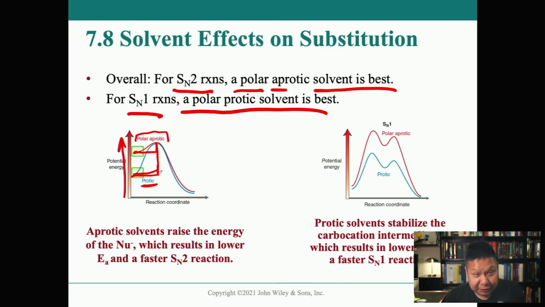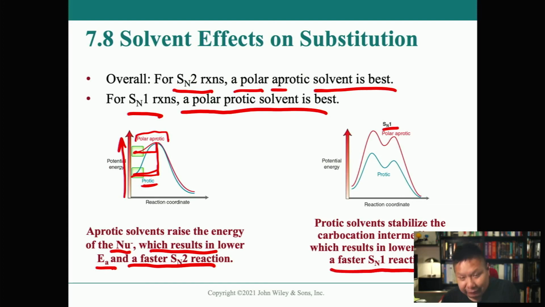So, aprotic solvents raise the energy of a nucleophile, which results in a lower activation energy and a faster SN2 reaction. Okay. Whereas on the other hand, for an SN1 reaction right here, protic solvents stabilize a carbocation intermediate, which results in a lower activation energy and a faster SN1 reaction, right? Which makes sense because